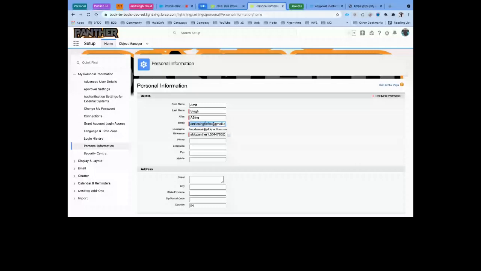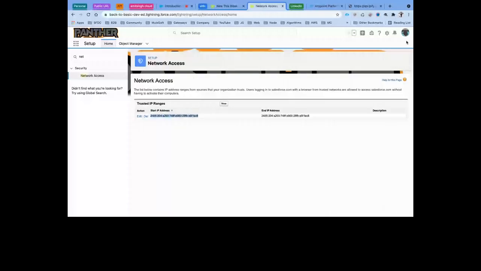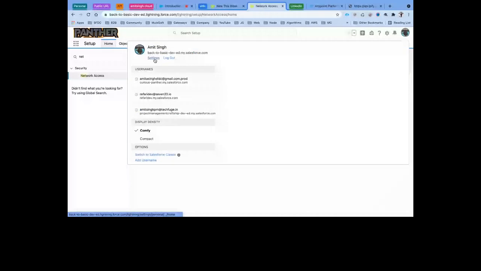Now why am I not able to see the option over here? There are two reasons. One reason is I have added the IP at a network access level. If I have added that, the option is going to go away. You can see I have added that. The other reason is if you have not added that, it means you have added IP ranges at a profile level.